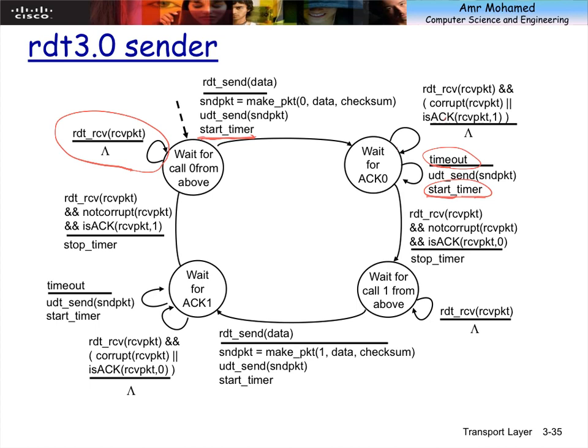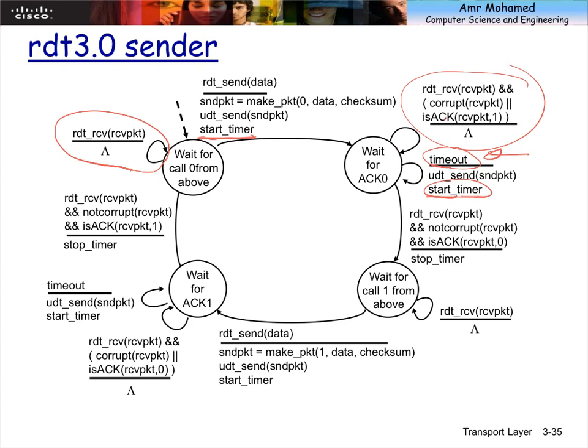So there is a possibility that I receive an acknowledgement in error, and we know how to deal with this. Here we receive it and it's corrupted, or the sequence number does not match, and in both cases we don't need to do anything. We just discard it and that's it. Do I have to start a new timer? No, the previous timer did not elapse yet, so I don't have to start a new timer. Only when a timeout happens. A timeout is an interrupt: the timer is a countdown, so this means the timer has reached 0.